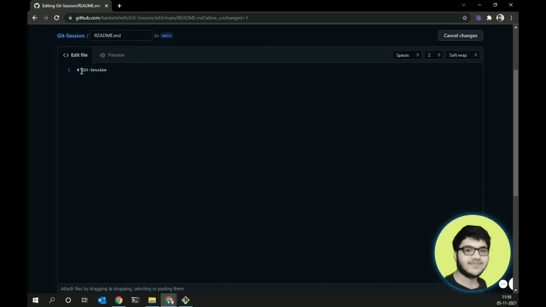The one hashtag which I've used is equivalent to the h1 tag in HTML. If I do double hashtags, it is like h2, and so on for all the headings in HTML. Then you can use this to give a description. So this repository is about Git. So you can add a description and all of that, and then you can also use these things to give an unordered list. So this will show you an unordered list,